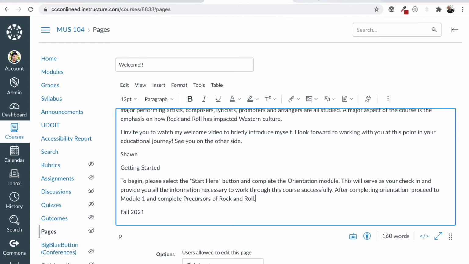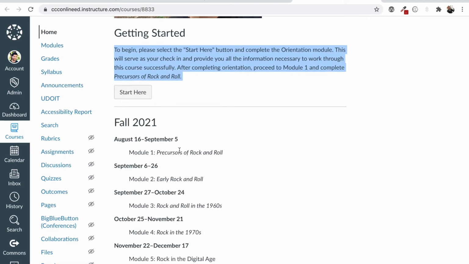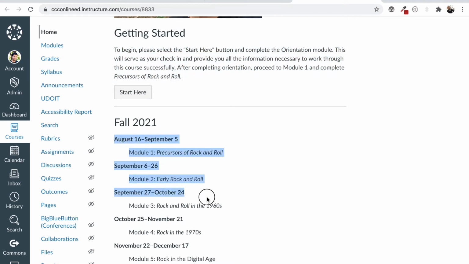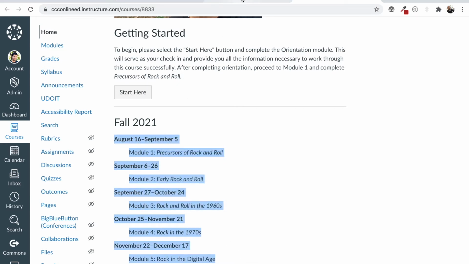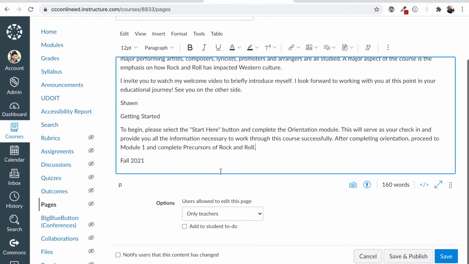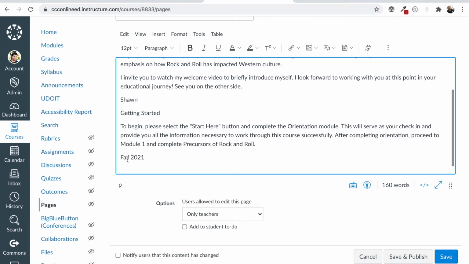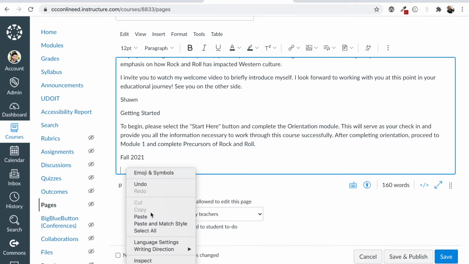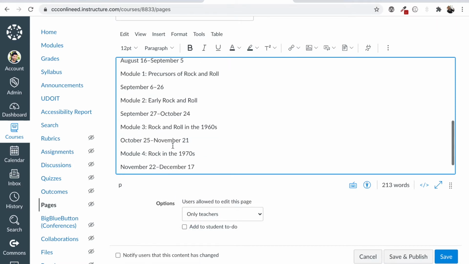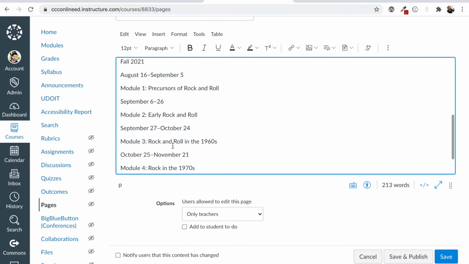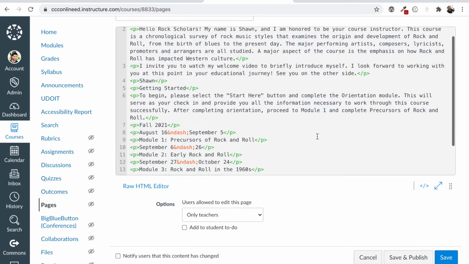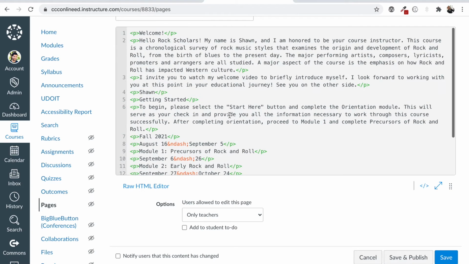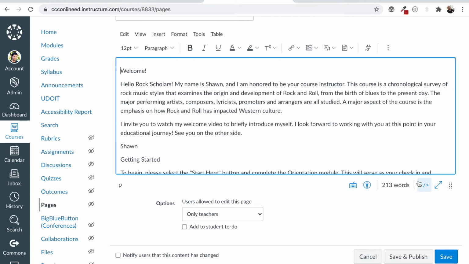Okay, so I'll keep moving on. And then for the schedule, let me go ahead and copy and paste this in. And you'll see that I already have some formatting here. But again, I'm going to use paste and match style to just keep that as unformatted text. All right. And I can even look at the HTML and see they're all in their own p tags. Great. We're doing great. Let me go back here.